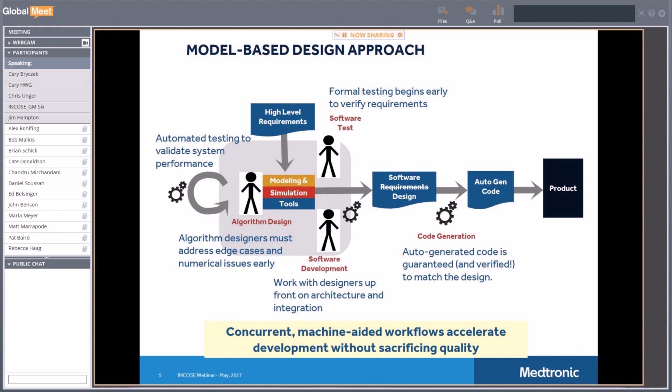There are other tools that are available for this. I know it has a suite of tools to do this type of work, and there are others as well. But nonetheless, you decide, okay, these are the tools we want to use: modeling, design, simulation. And the designers use it, the software testers are going to use it, and the software developers are going to use it. And so what happens then is the algorithm designers go in, design their algorithms